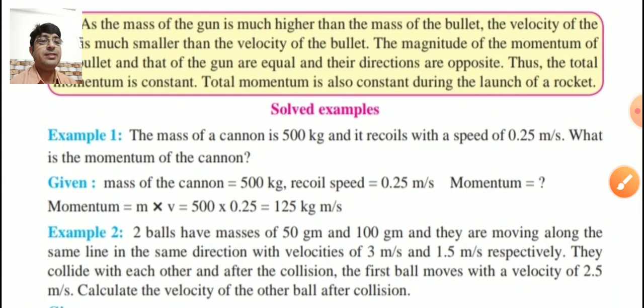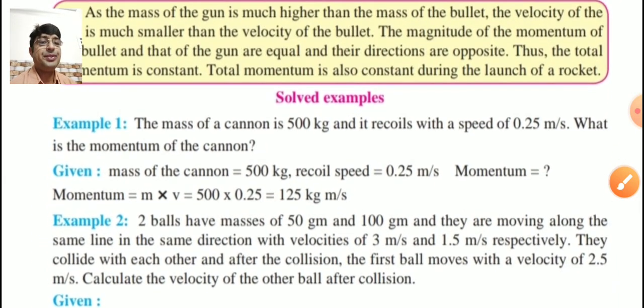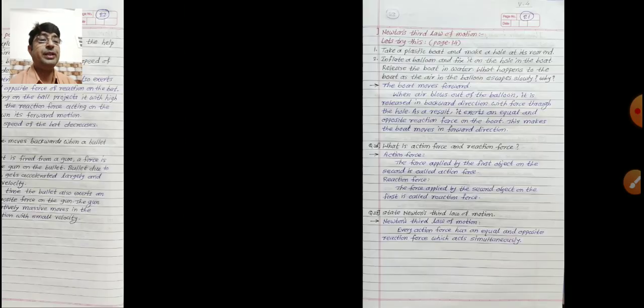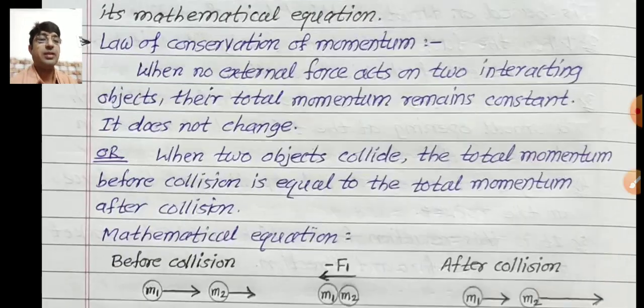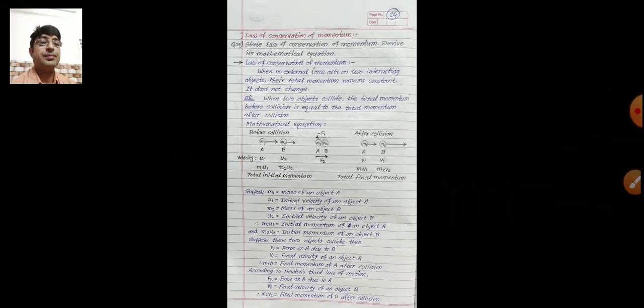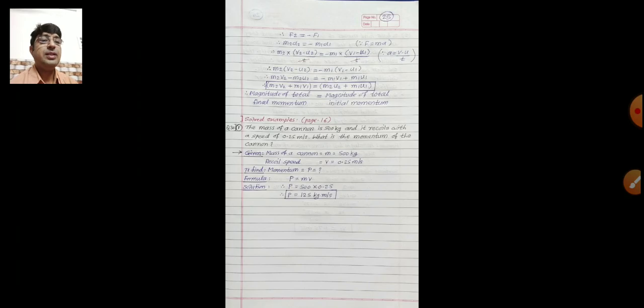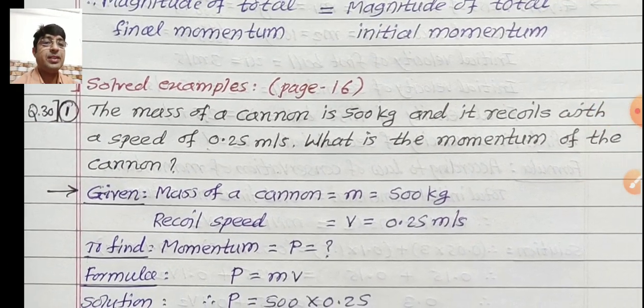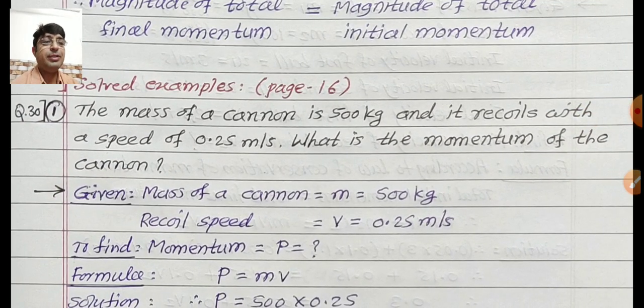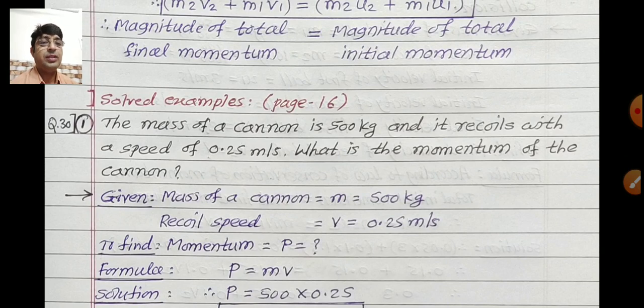Now some solved examples are given here. Don't write like this, as given in our textbook; we are solving in that pattern. Now I will show how to solve the numerical problems. See the first numerical problem. This is a solved example, but we write it in our notebook. A numerical problem asks for 2 to 3 marks.